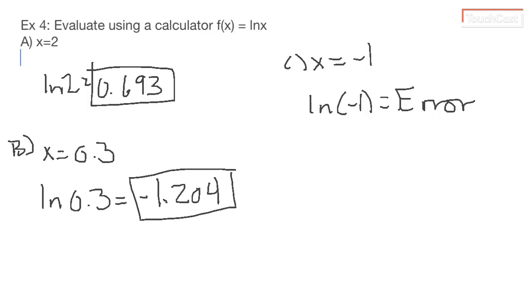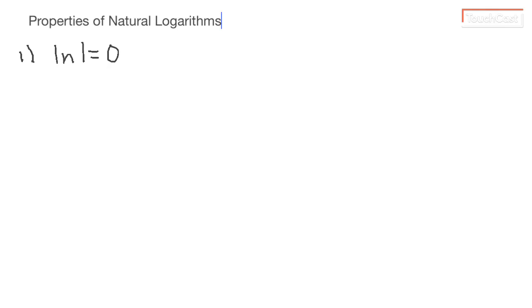So just like there's properties of logarithms, there's also properties of natural logs, and I want to give those to you. So properties of natural logarithms. Okay, so the first one, and again there's 4, and they're very similar to our last ones. If we have the natural log of 1, it's going to equal 0, and that's because